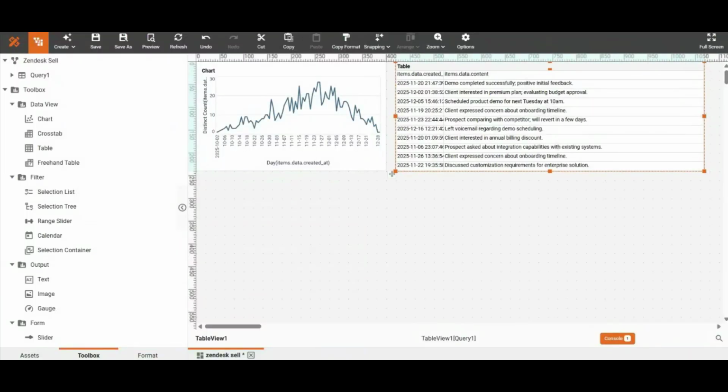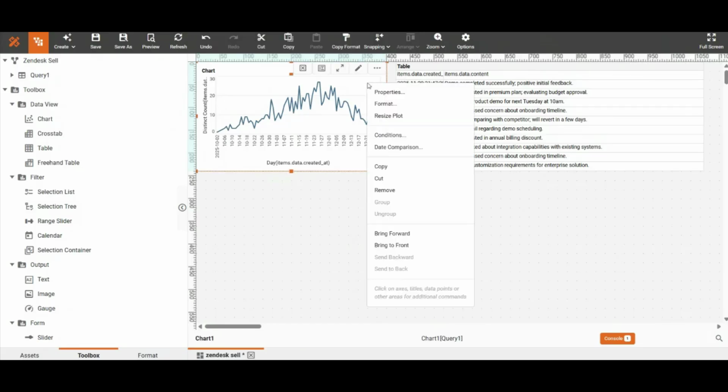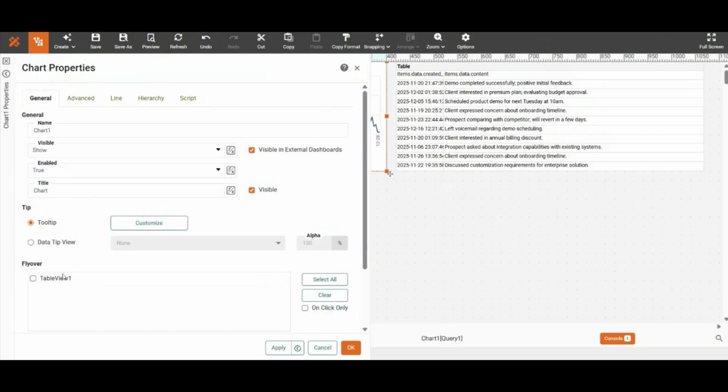So now I have a chart that shows the amount of notes created per day. And I also have a table that displays the individual notes created and the day they were created on. But I think I would like to make my chart a tool for drilling down into my table. So I'm going to select my chart, go to right click, select properties, and under flyover, I'm going to select my table,